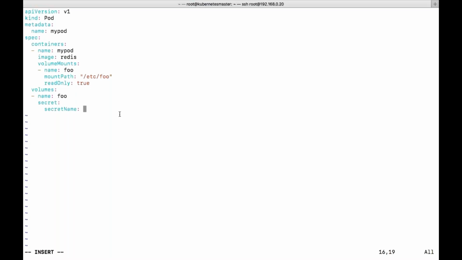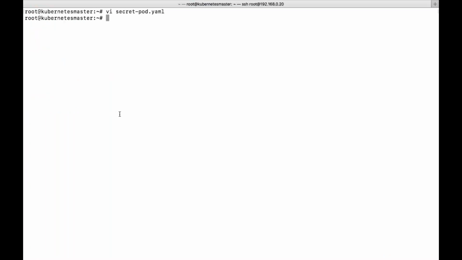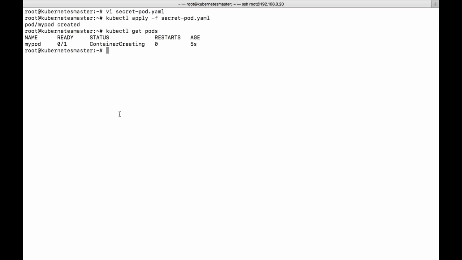Let's say like visual. I'm using this particular data. kubectl apply -f. So let's wait for the creation. It is under the creation process. If you want to watch, it will show you the live information of your pod creation. Yeah, now it's running. You can see now it's running.